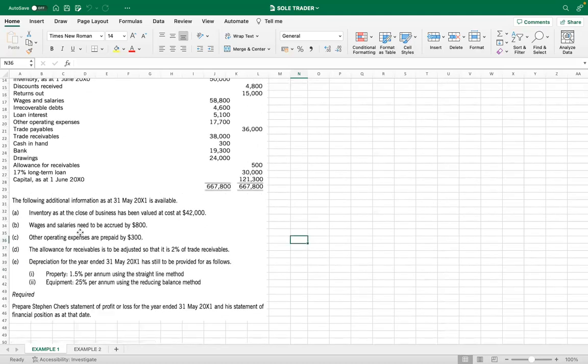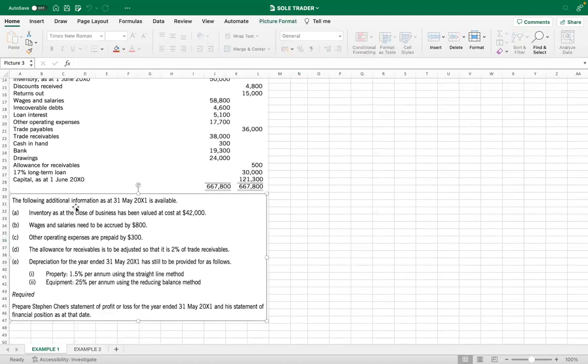So we are being told further, the following additional information as at 31st May 20X1 is available. A, inventory as at the close of business has been valued at a cost of $42,000. Wages and salaries need to be accrued by 800. Other operating expenses are prepaid by 300. The allowance for receivables is to be adjusted so that it is